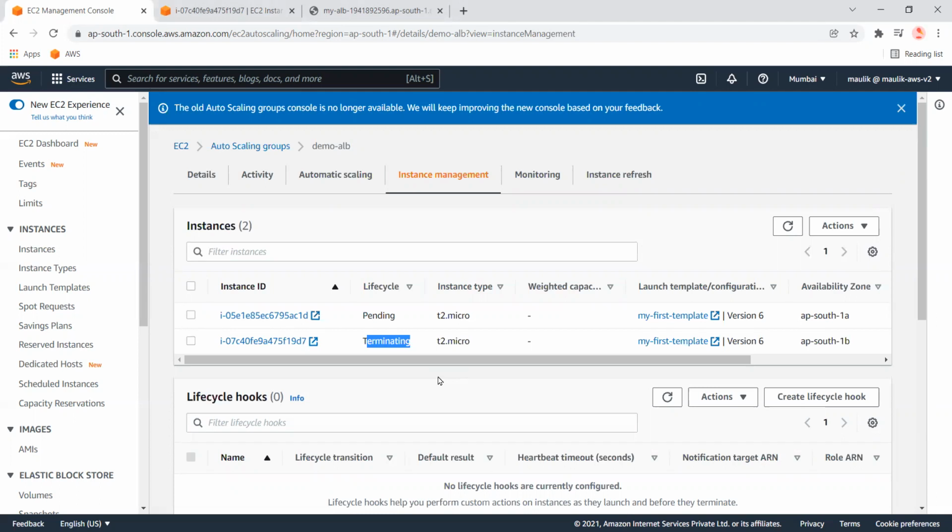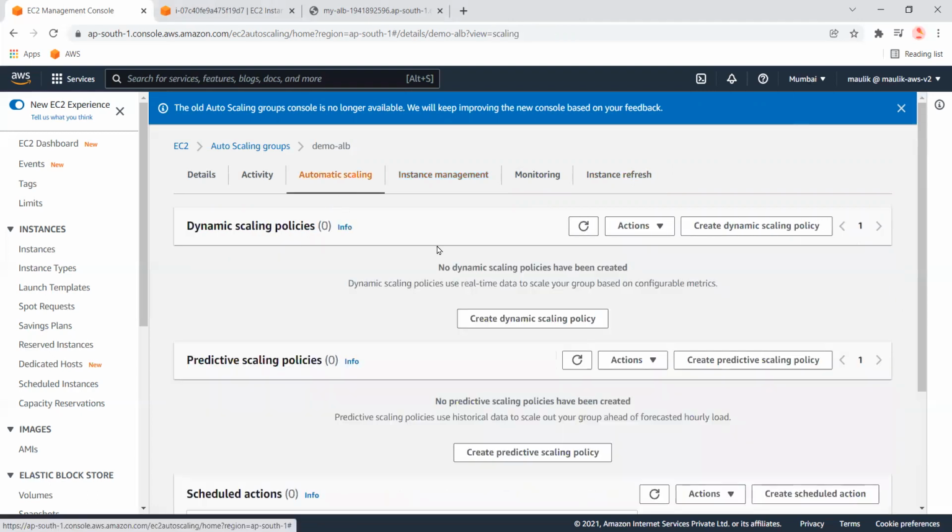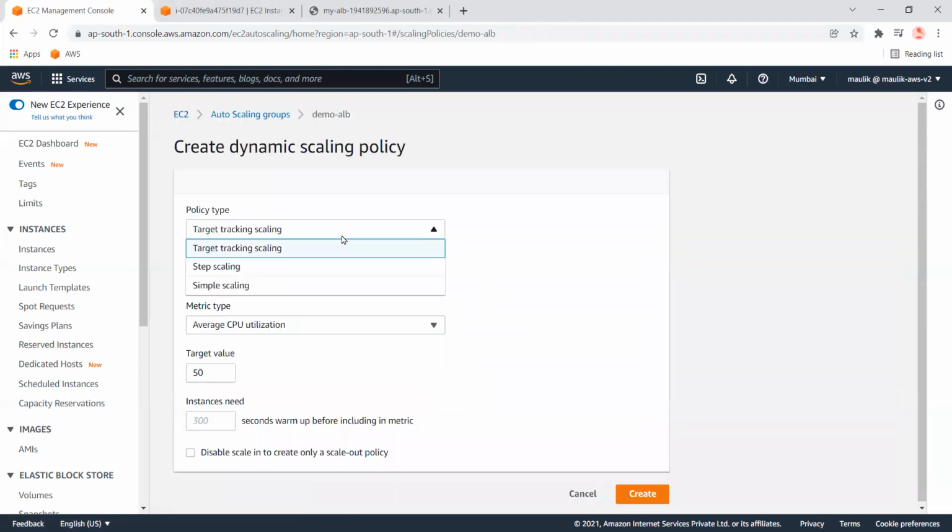Another good point for auto scaling is to monitor the CPU utilization and other metrics like memory utilization as well. Let's see how we can monitor the CPU utilization. There are two different ways. One is the simple way, used by default by the auto scaling group.